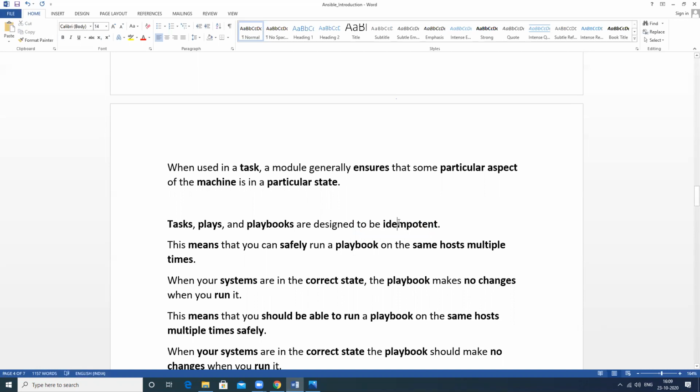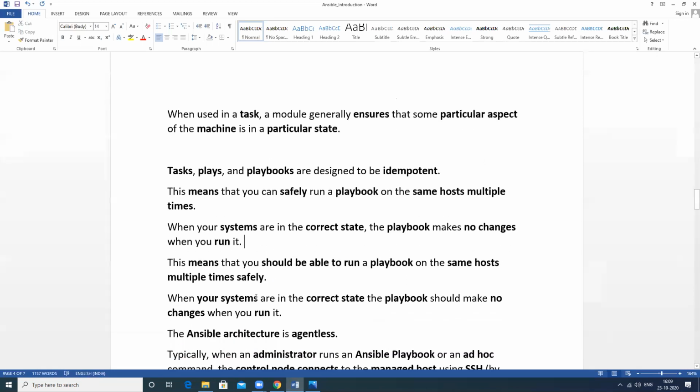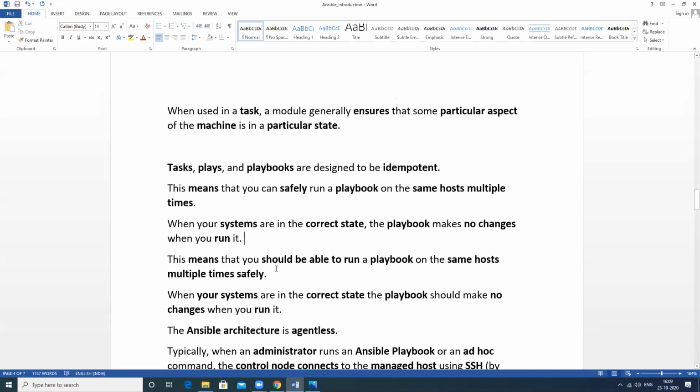Idempotent means when your system is in the correct state, the playbook makes no changes. If the user we want to create is already created, it will not perform the task again. It will check first whether the task is in the correct state, and if so it will not perform the task. So we can perform any task multiple times.